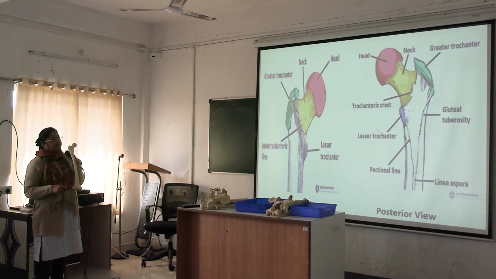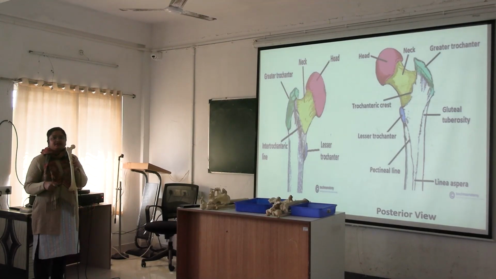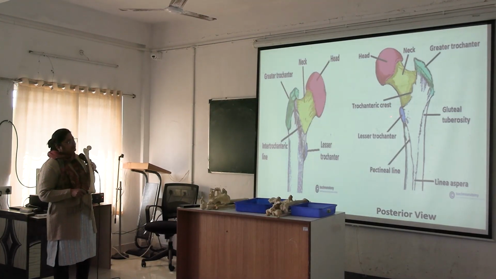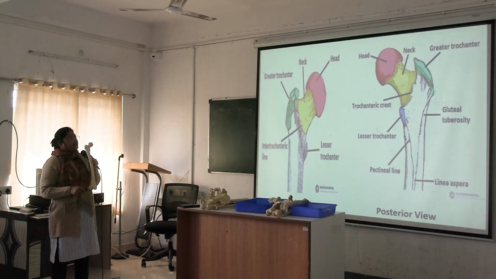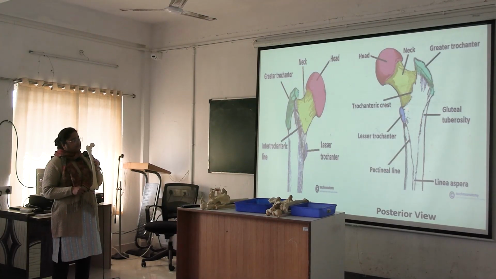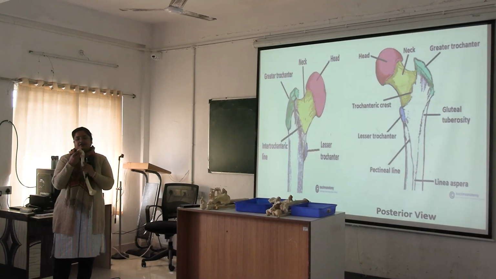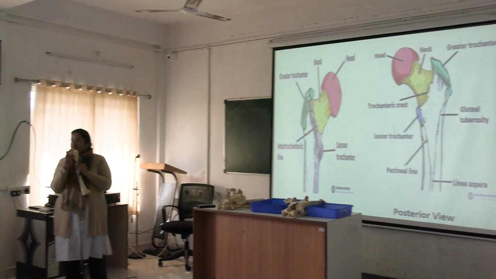Here is the pectineal line. This ridge is known as the pectineal line, extending from the lesser trochanter downward. Okay, pectineus muscle is inserted over here, and here is the gluteal tuberosity, and this is the posterior surface. Here will be the quadrate tubercle, linea aspera, and you see here there is a depression near the center of